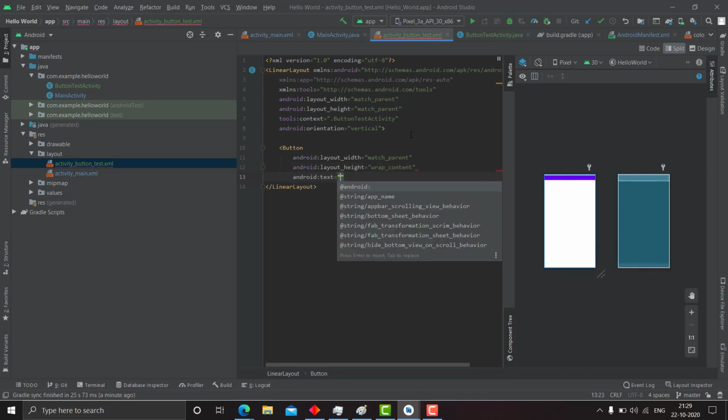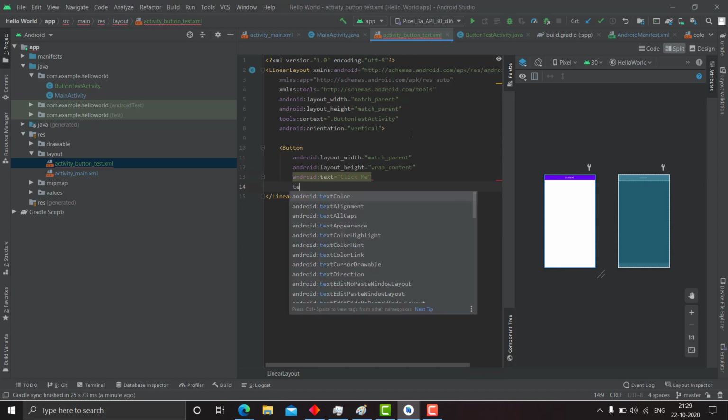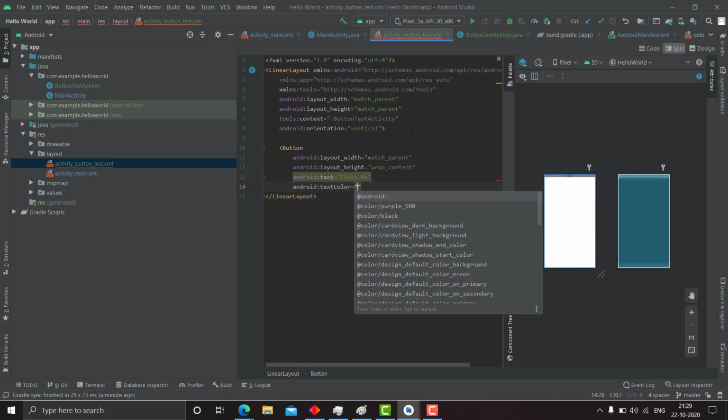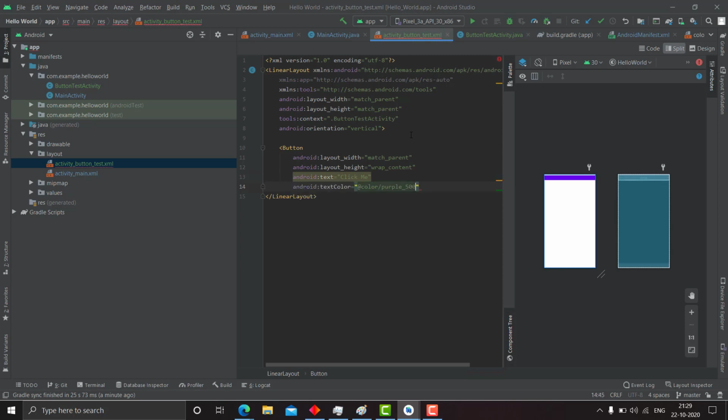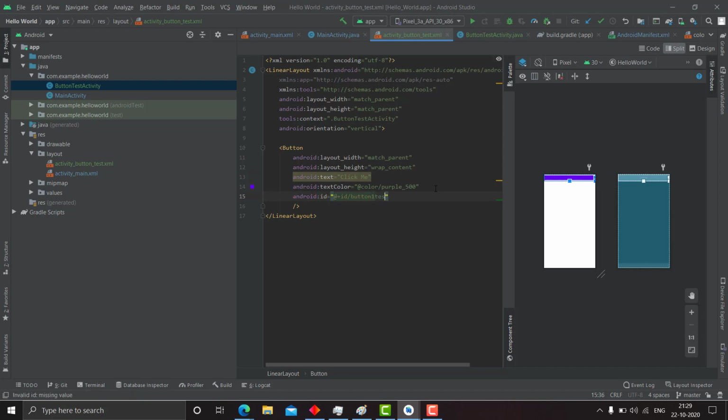Text be click me, and color let it be purple 500 as we have declared. And let's close this. Okay, we forgot to implement the ID. Let's name it test button 1.